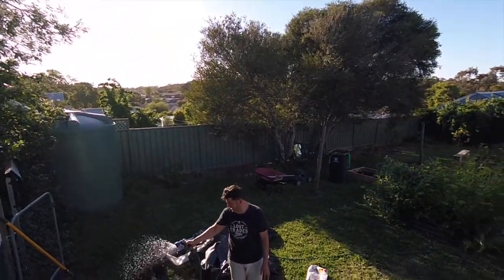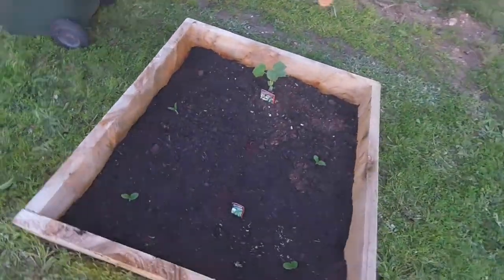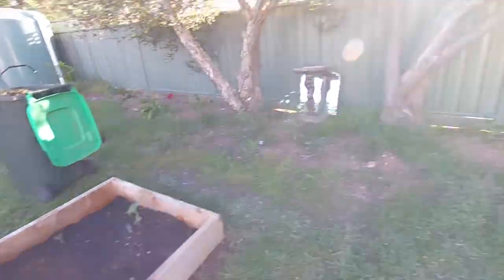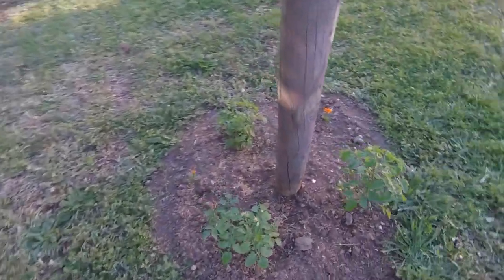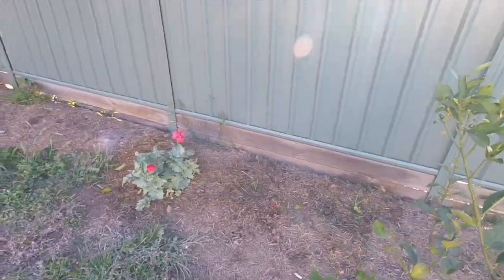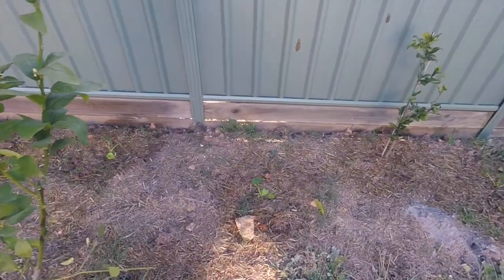Amongst pretty flowers, we have cucumbers and Lebanese zucchini growing that we've just planted. And our tomatoes are growing down here. And then I have planted some yellow zucchini in here, in amongst our little